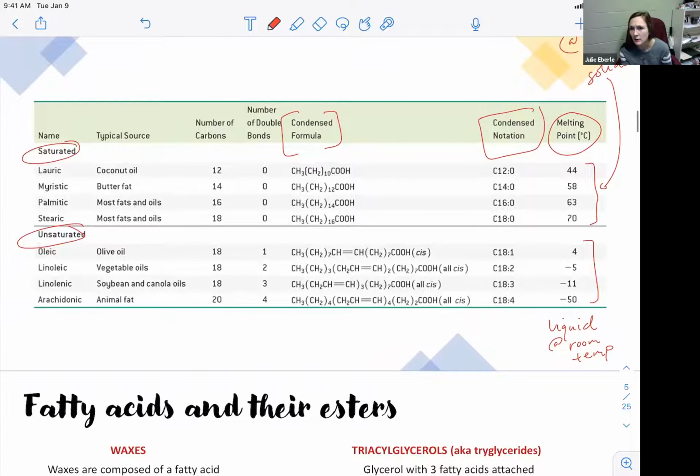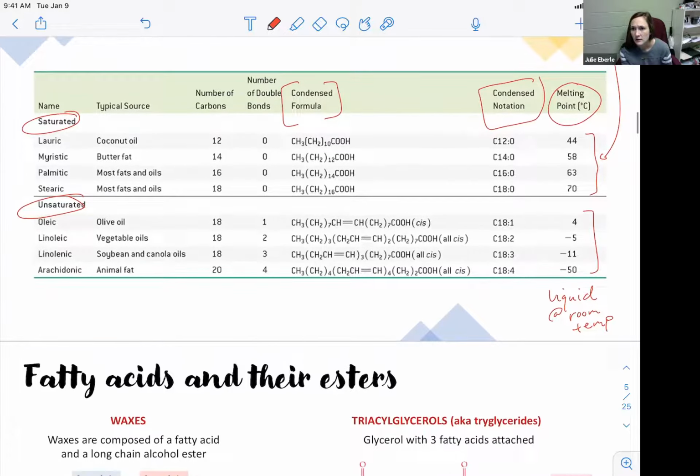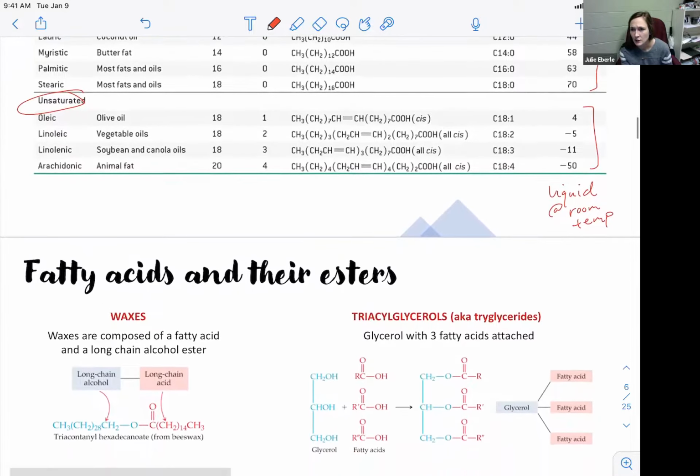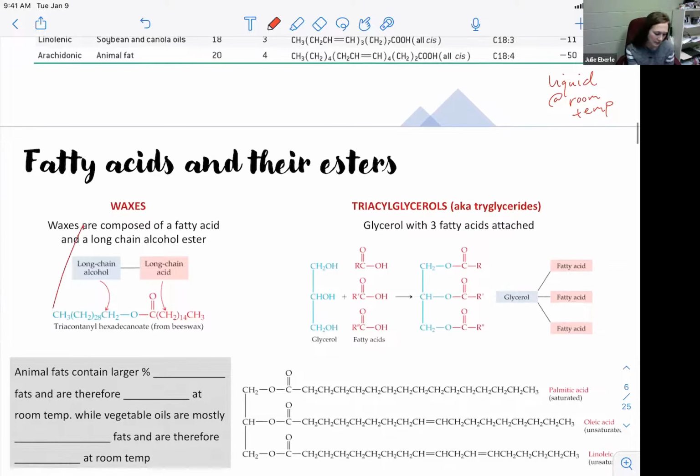Questions so far? Any questions so far? Okay, now we're going to get a little bit into structure. I actually don't have time to go over the structure of waxes, okay? So I'm not going to ask you to draw the structure of a wax on the exam, but I do,